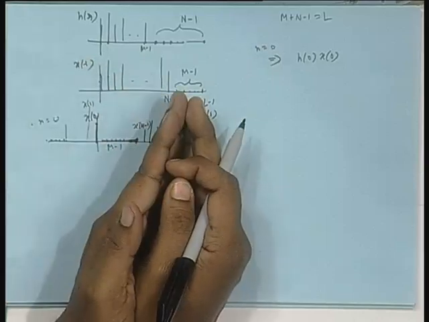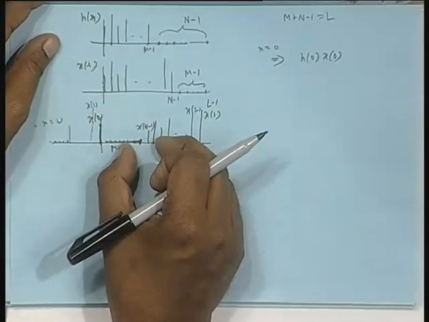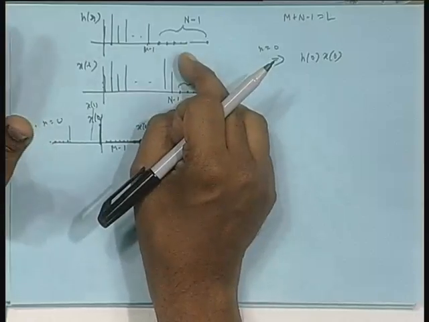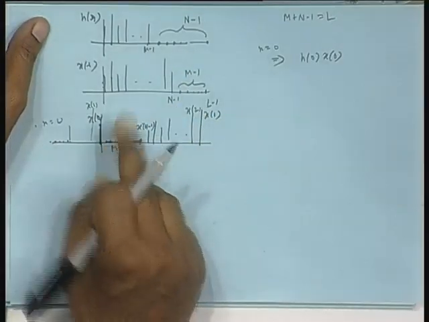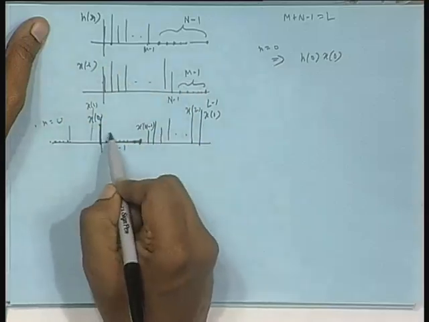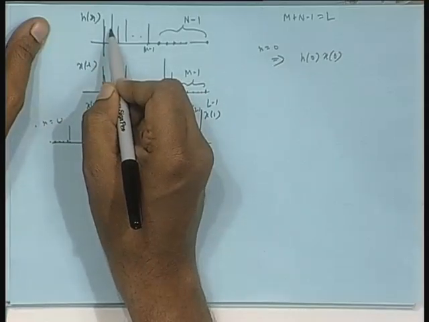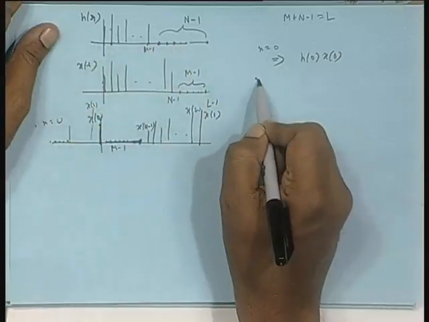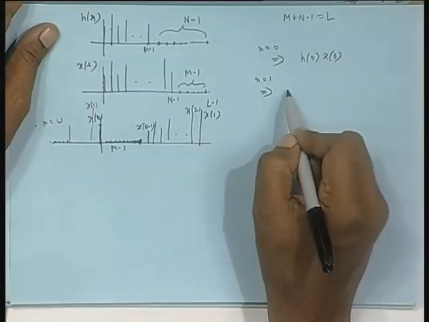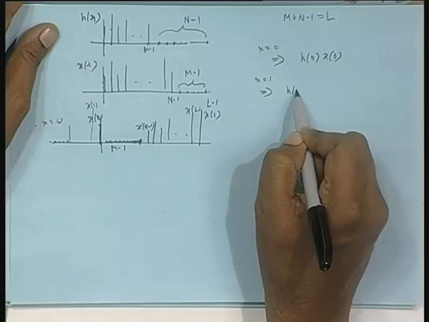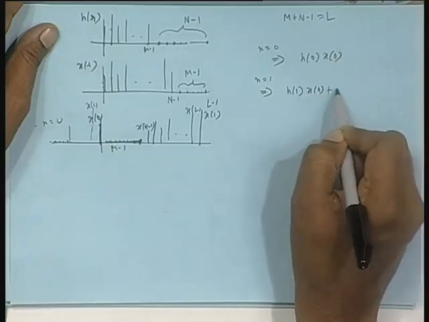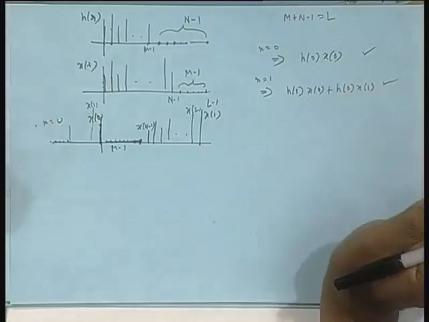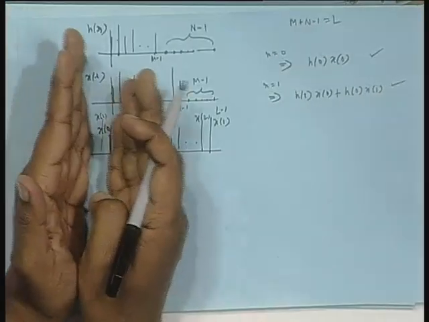Now, we shift it to the right by 1. The 0 will shift here. One data will be out, the rest of the data will again be multiplied by 0. Only these two samples will be taken care of. X 0 will fall below h 1 now, and x 1 will come below h 0, linear convolution. All correct result, and I go on doing it.